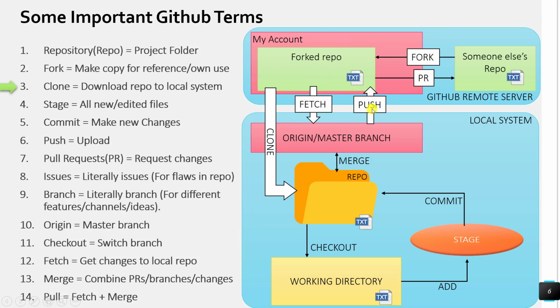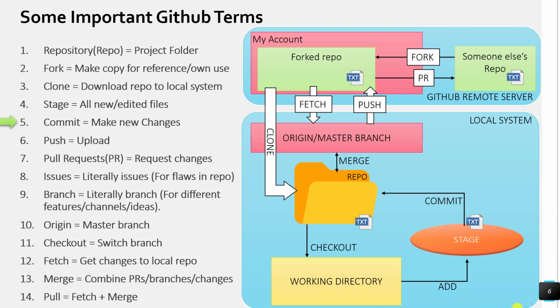So let's see. First, the files go through your staging area. Staging area basically holds all the files that need to be committed. So all the new files or the edited files that have some changes go towards this area, and for that we use the command git add. So as you can see, my text file has been added to the staging area.